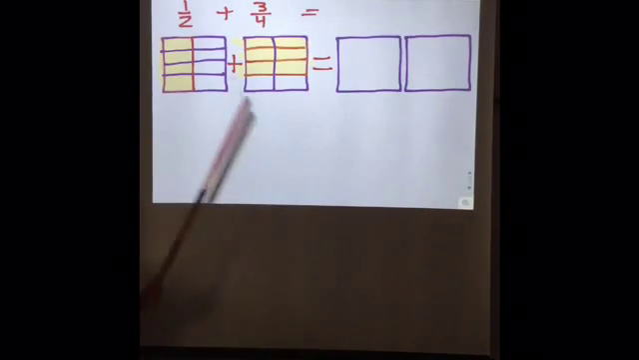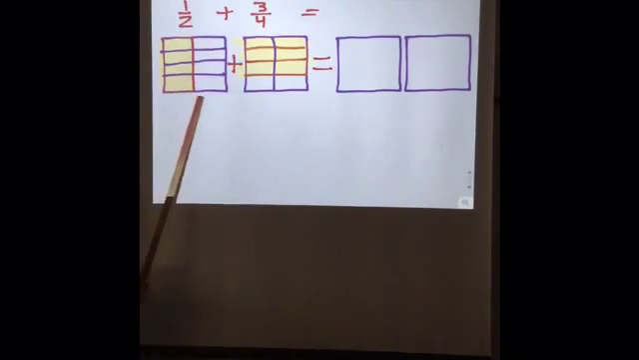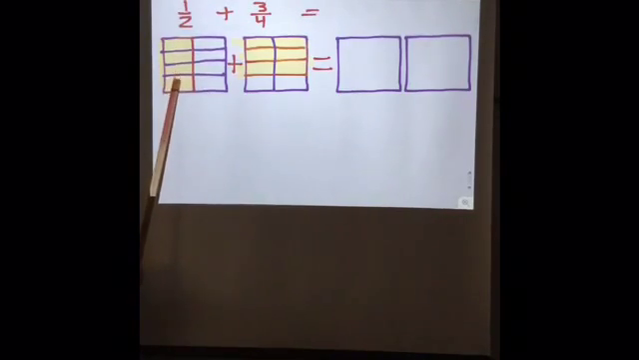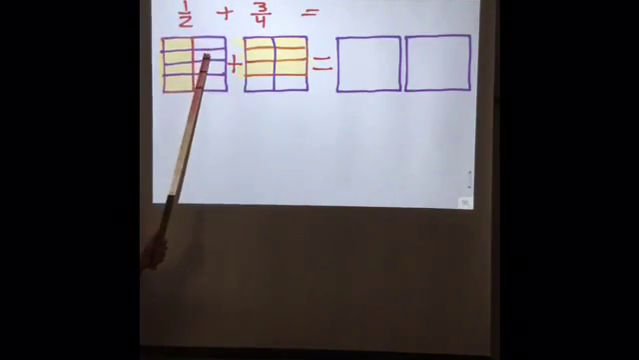Okay, now, how many do I have total? How many have I cut these up into total? 1, 2, 3, 4, 5, 6, 7, 8. So my bottom number is going to be 8. And how many of them are shaded in? 4. 4 is half of 8, isn't it? Because 4 plus 4 is 8. I'll bring my